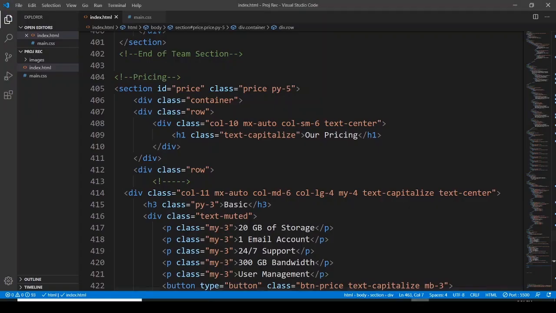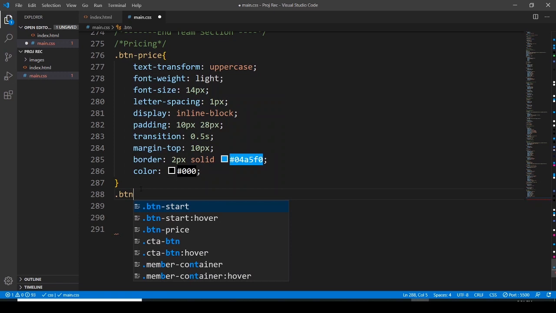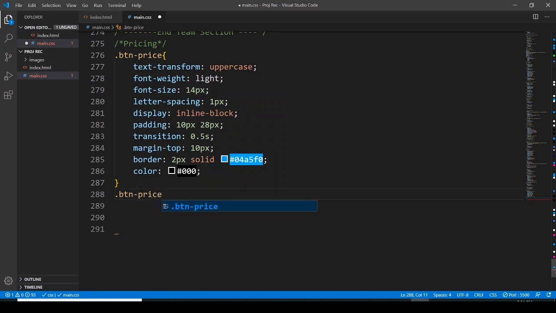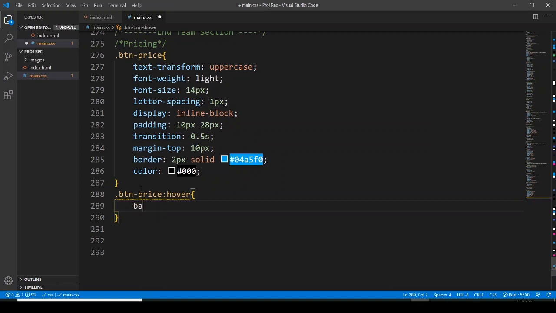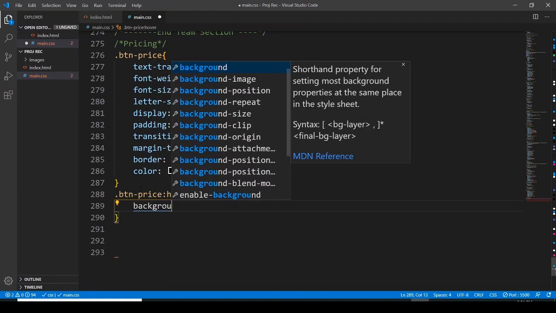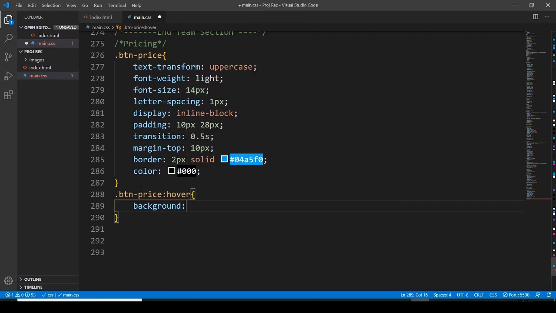Now let's move on to the CSS and start working with the button sections. We were working before, and now we have to work with the btn price hover, and background is going to be,